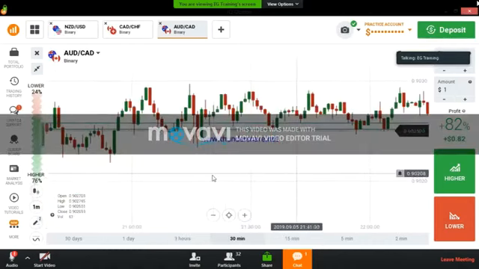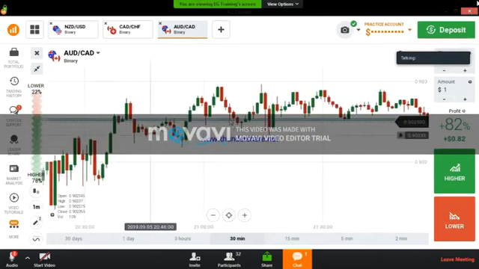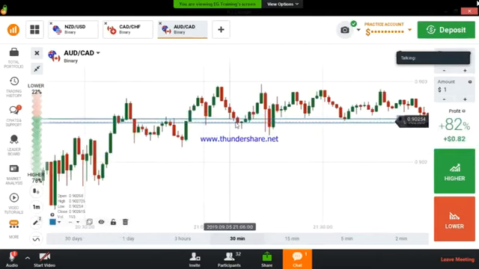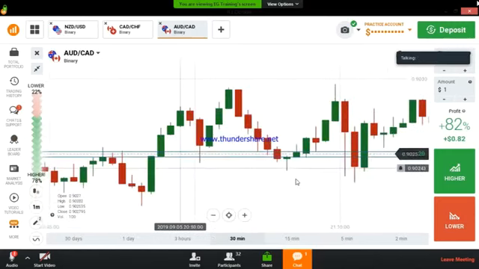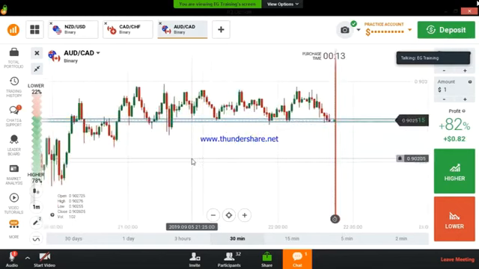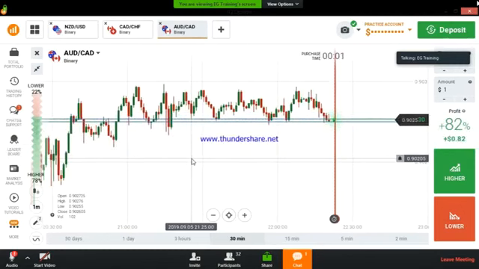This is a low value market, that's why we are seeing so much gap here. Always draw the level like this. Let me adjust the level. Okay, this level. So draw a level and check if the level is working or not. Check with past history, then you will come to know which level is strong. Draw 1 or 2 levels or 3 levels or 5 levels and check those levels. If you confirm one level is a strong level, then draw it and leave it. It will help you in the future.